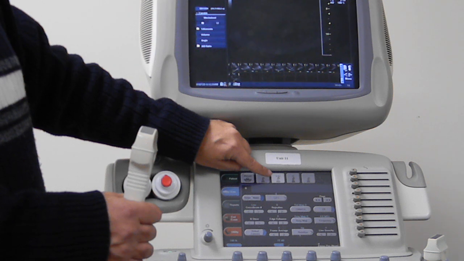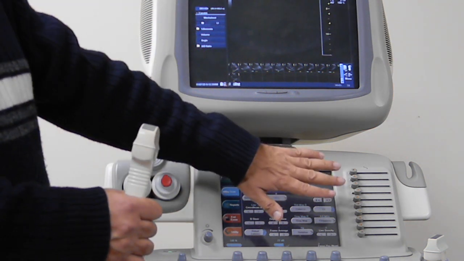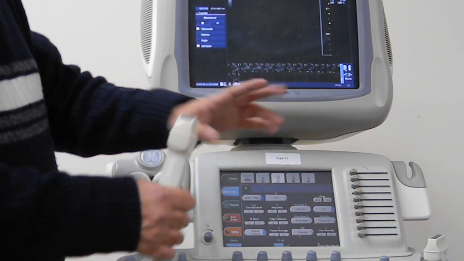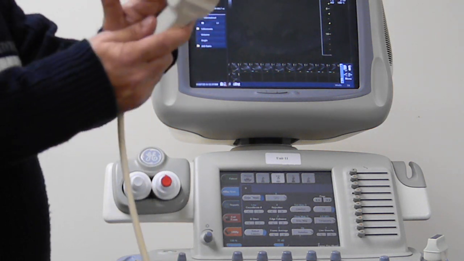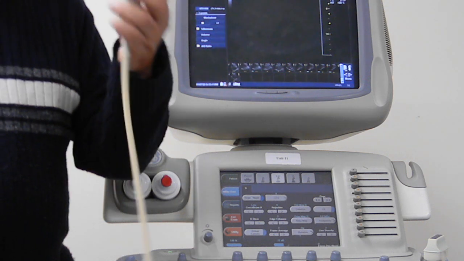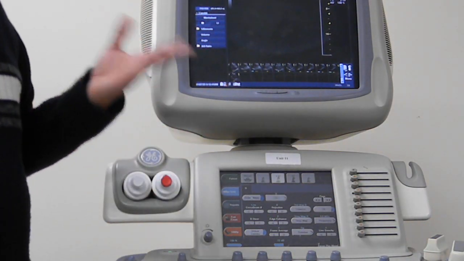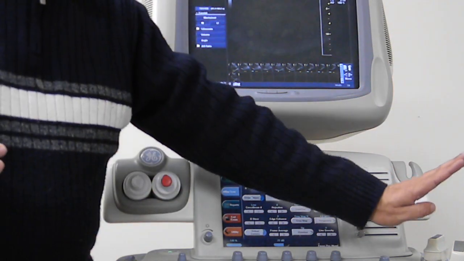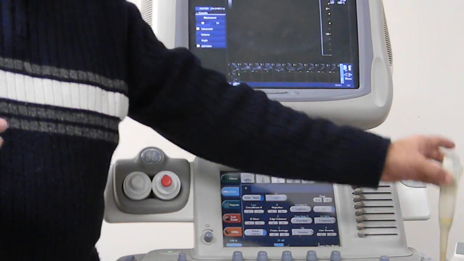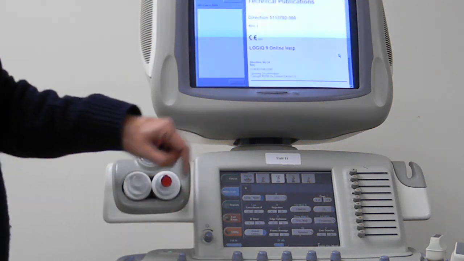Can you see this window here? It's more light. Now as I said, this here is a touch screen. So you say, well, I'm not going to be using the curvilinear transducer because I'm not running an abdominal examination. Now your question will be, how do I change from this transducer being the active one to, let's say, this transducer? Now this is touch screen, so